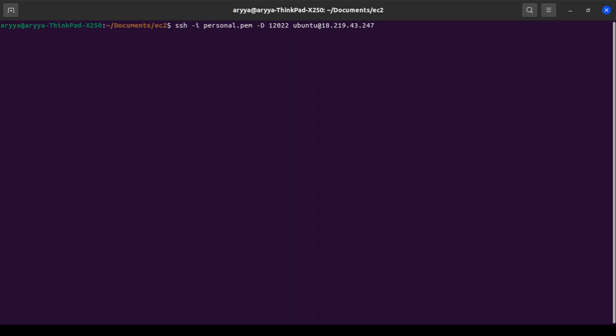So now I will SSH into my server, and I will show you an example of this Logstash configuration to be able to ingest data to the OpenSearch service. Let's wait for a moment.